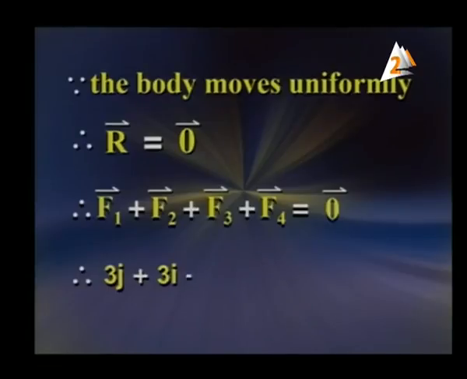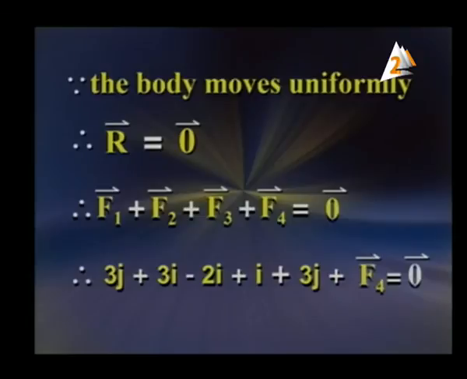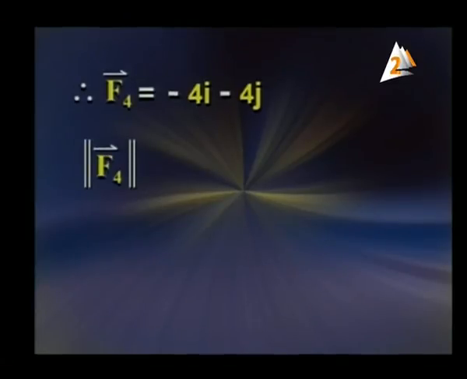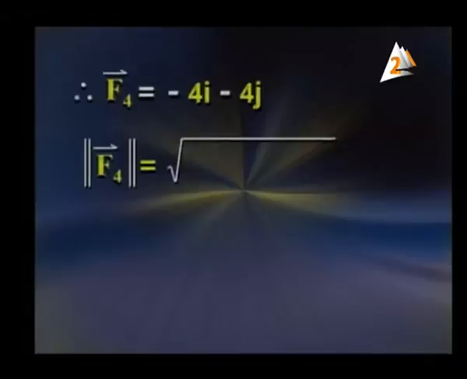Then F1 plus F2 plus F3, which is 3J plus 3I minus 2J plus I plus 3J, plus F4, which is unknown, equals 0. Therefore, F4 equals negative 4I minus 4J. Then the absolute value of F4 equals the square root of